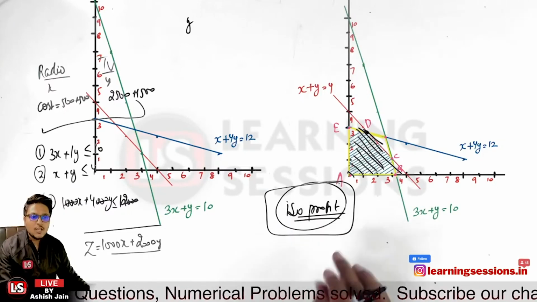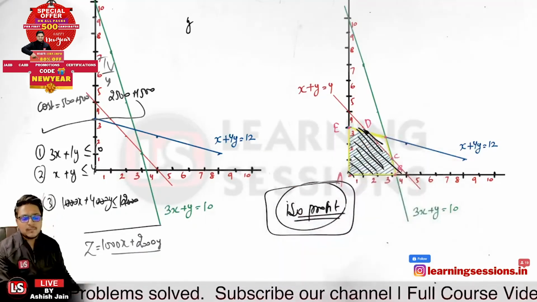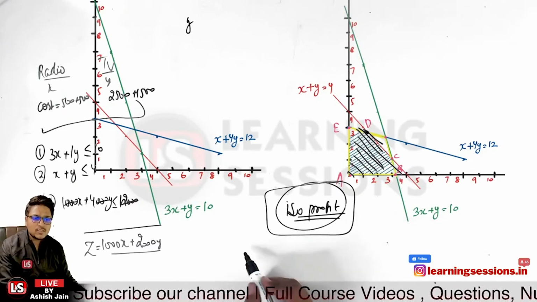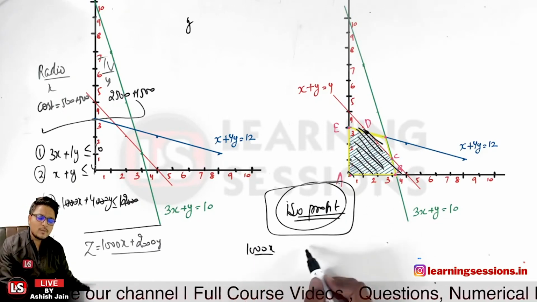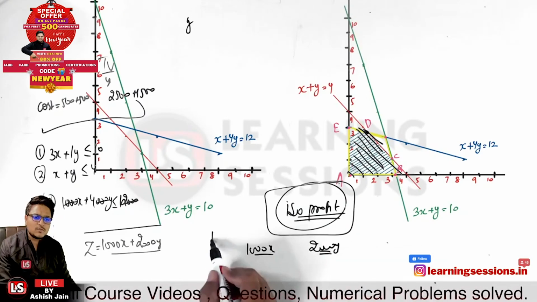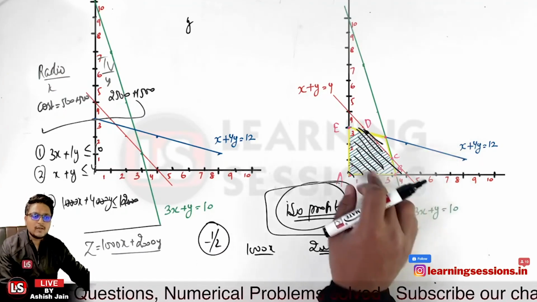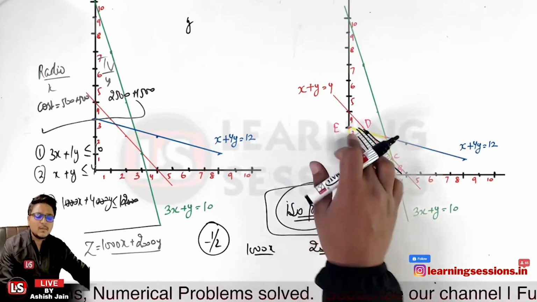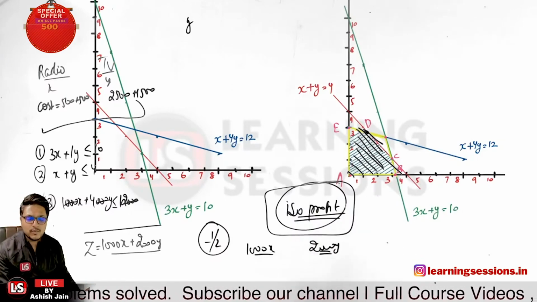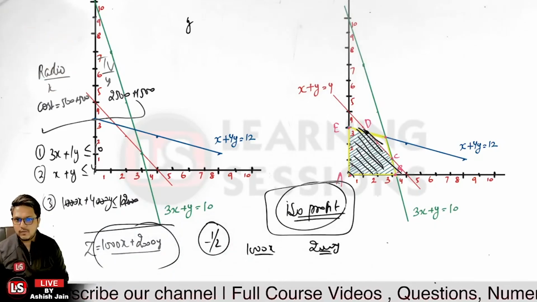So ISO profit is a line which is basically drawn from the 0 point, and further the slope of the line over here will be equal to minus 1 by 2. Why is it so? Because in the case of the radio, you were making a profit of rupees 1000, and in the case of the television, you were making a profit of rupees 2000. So the slope that comes out is minus 1 by 2, and when that line cuts the point D over here, that will be the maximum profit point, where we'll have the optimal solution to the problem, that is the objective function 1000x plus 2000y is equal to z over here. Is that clear?